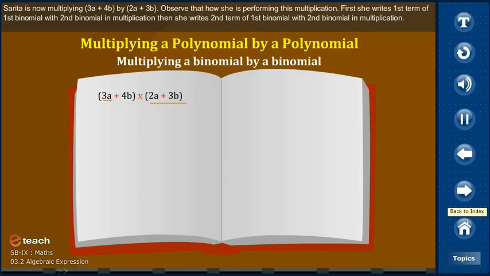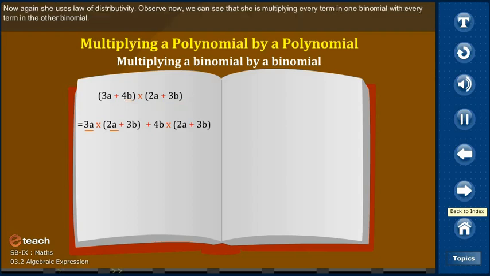First, she writes the first term of the first binomial with the second binomial in multiplication. Then she writes the second term of the first binomial with the second binomial in multiplication. Now again she uses the law of distributivity. Observe now, we can see that she is multiplying every term in one binomial with every term in the other